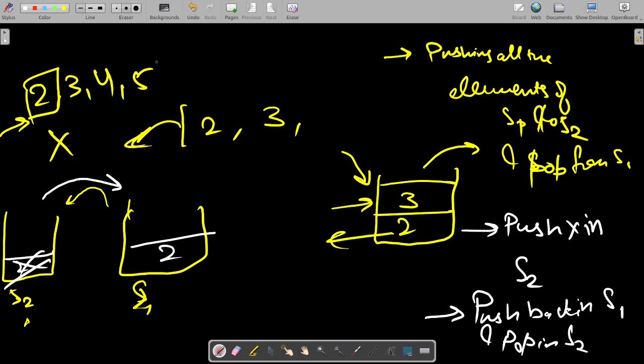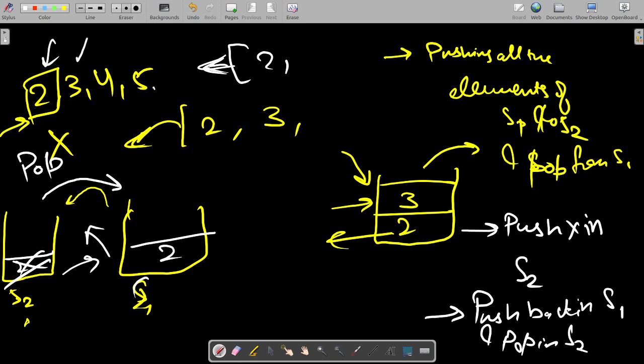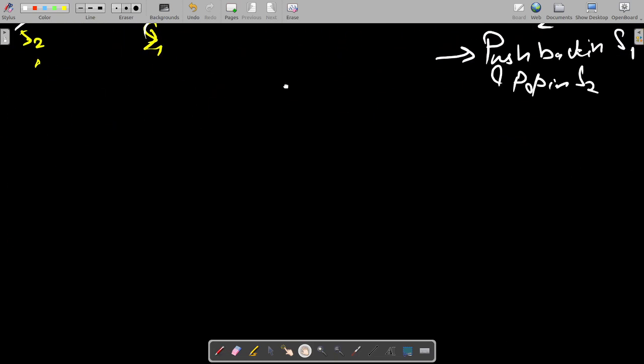Okay, so now if I want to pop the element, from the queue 2 is present, and from s1 2 is present, so it will be popped out first. It will be removed first, and from here it is also removed first. Okay, so what is the point? Since we had only one element, it is not clearing our approach, so we will have to use some other example, right? So we have inserted 2 over here.